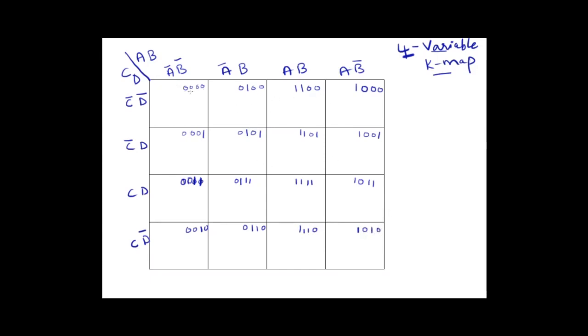Now this is nothing but 0 0 0 0. This will be 0. This will be 1. Next this will be 0 0 1 1, nothing but this will be 3, and 0 0 1 0 is 2. Okay, so 0 1 2 3. Here I'm interchanging this because for 1 bit change, here also 2 variables, so for 1 bit change I'm interchanging them. So the complete row will be interchanged. Here also the complete column will be interchanged. That means 0 1 2 3.